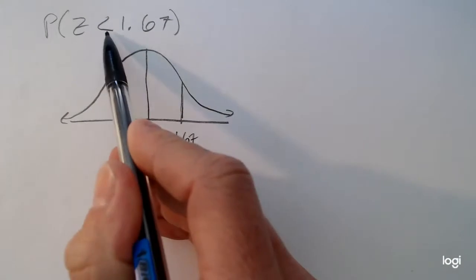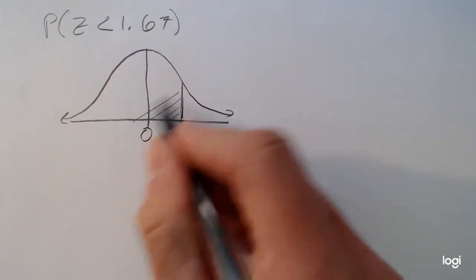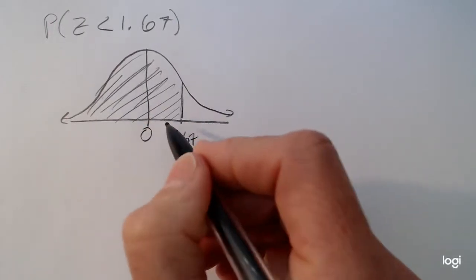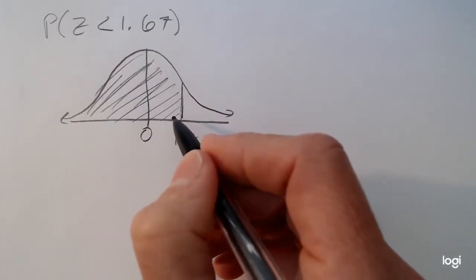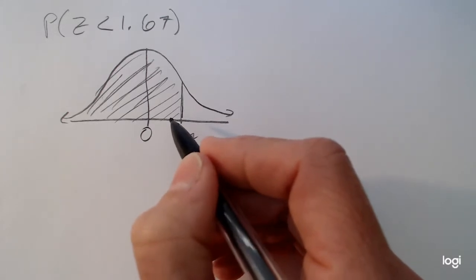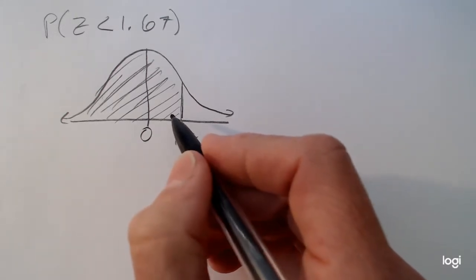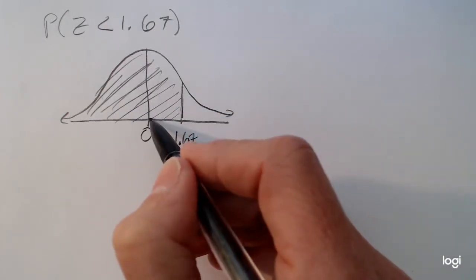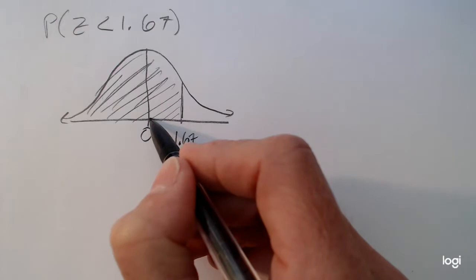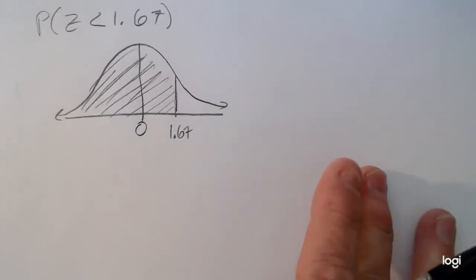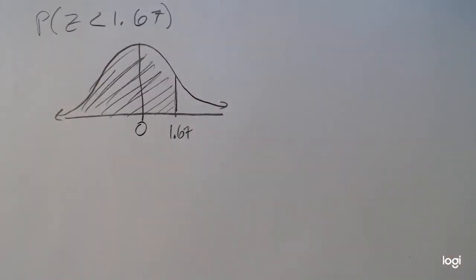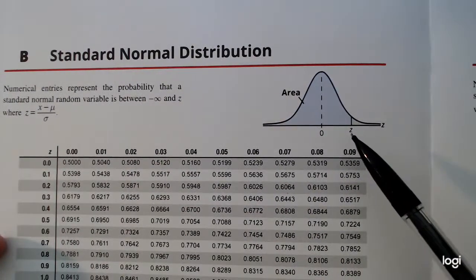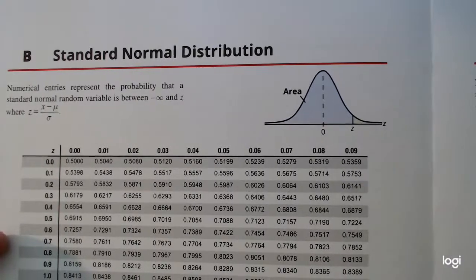And again, because I have a less than situation, I'm shading to the left. Again, I expect my final answer, my area or probability, to be greater than 1. I'm sorry, take that back. I expect that area to be greater than 0.5. Area or probability can never be greater than 1. My apologies. So going to the correct page where z is above 0, I'm looking for 1.67,